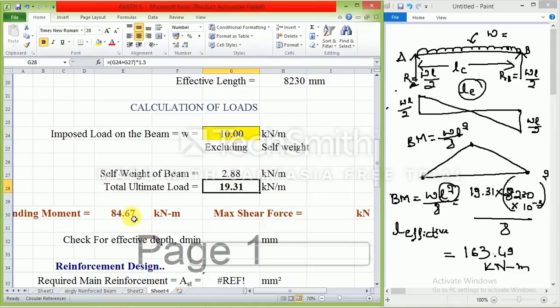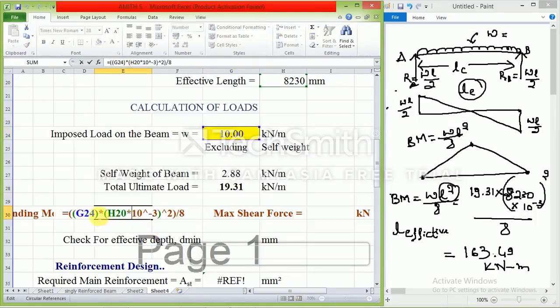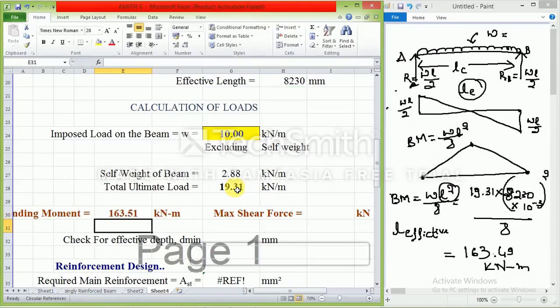So okay, I am again going here, double click on this, so I'll just change this, backspace. Okay, so you need to get the ultimate load here. I am going to click upon this, it is going to come. Okay, this is how editing has to be done. 163.51, 163.49. Okay, somewhere equal. So the next is I need to find the shear force.